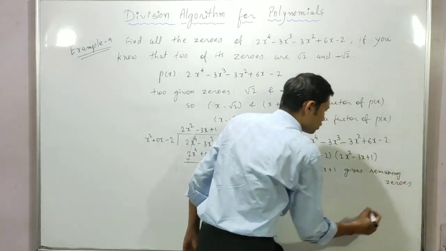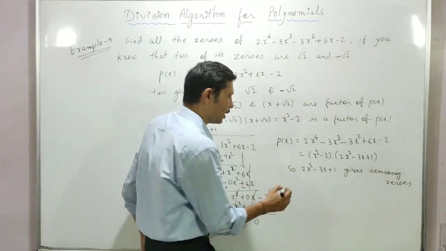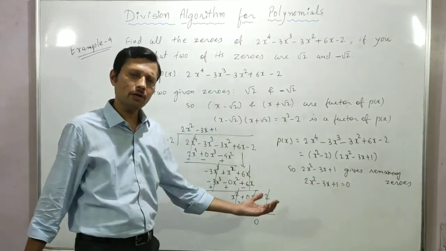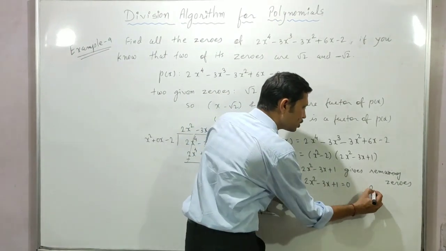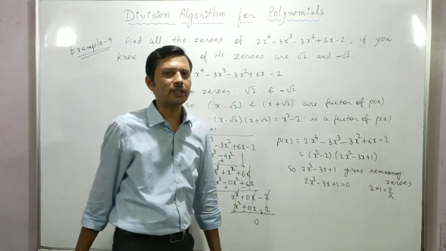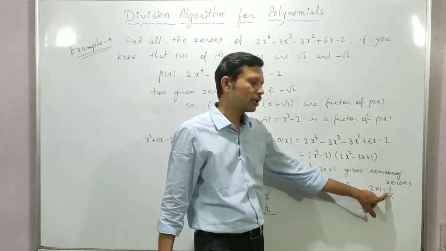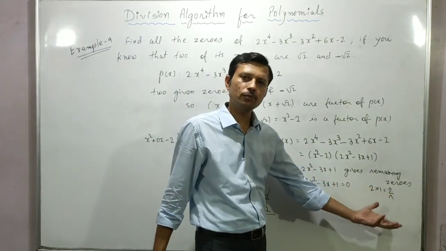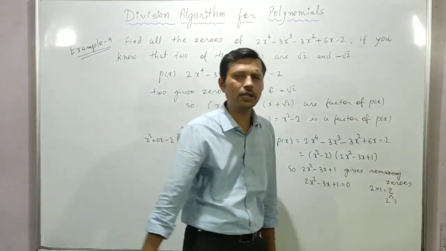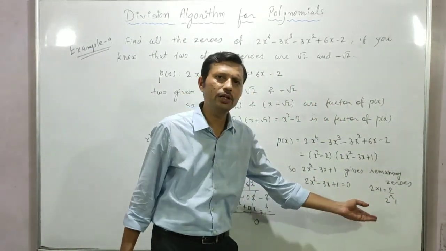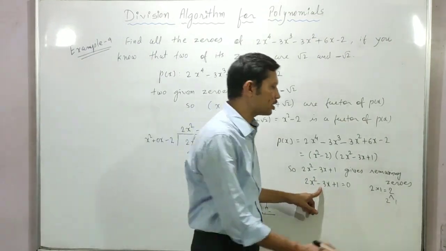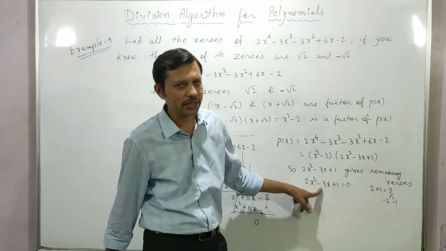So to find out the zeros, we have to compare this quadratic polynomial with 0 and do simple factorization. First term coefficient is 2, last term coefficient is 1. 2 ones are 2. Now the factors of 2, this product is positive. So whatever the factors of 2, their addition should be the middle term. Right? We have only two factors, that is 2 and 1. And as we know, the addition of 2 and 1 is 3. But here splitting the middle term is there. So the middle term sign is negative, so both the splitting terms get the minus sign.